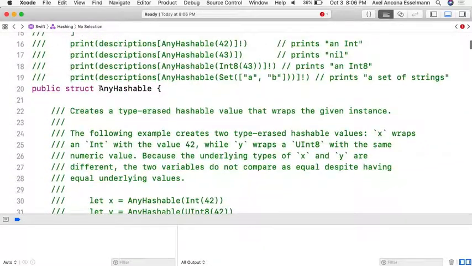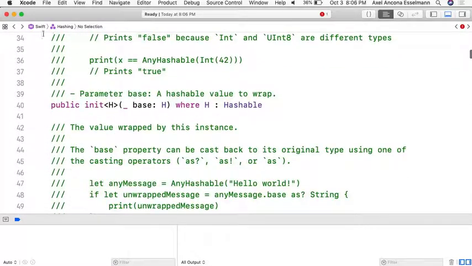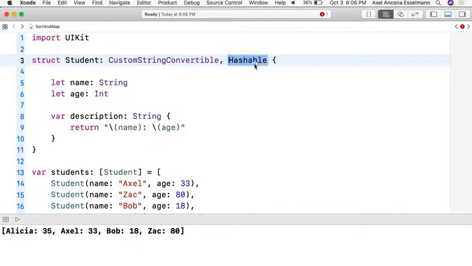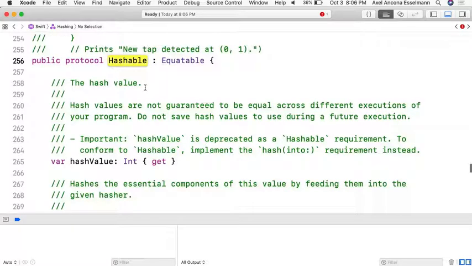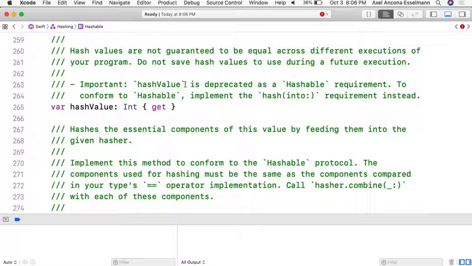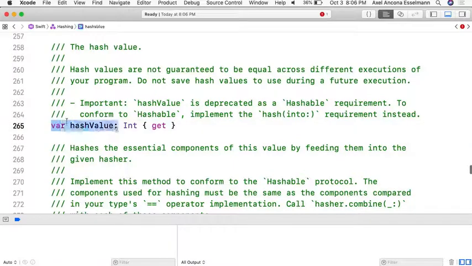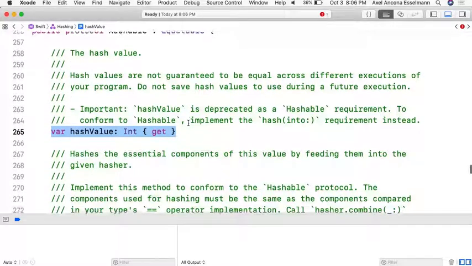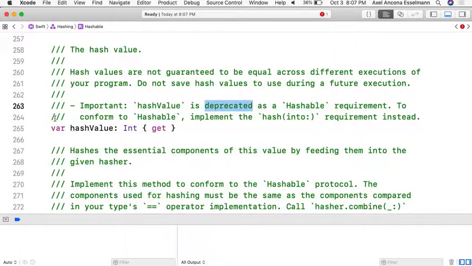Great. So Hashable has to also implement the Equatable protocol, so we have to make sure that we can compare two elements. Then we see hash value here. This is actually the old way of doing this. It is deprecated. This was the old way of